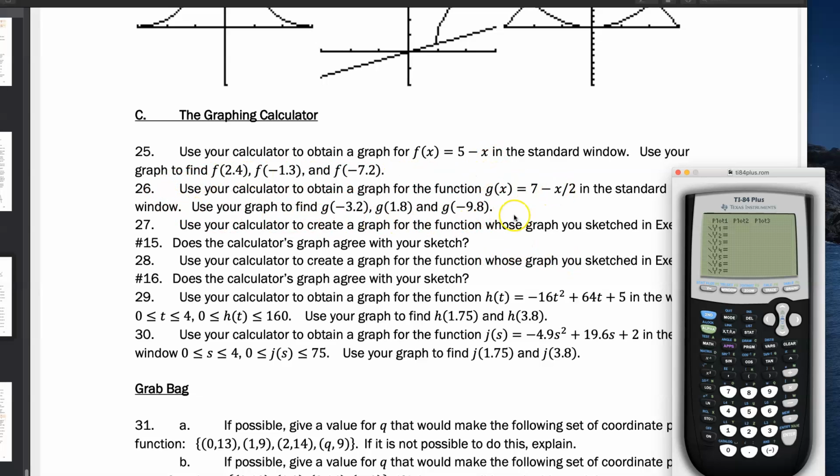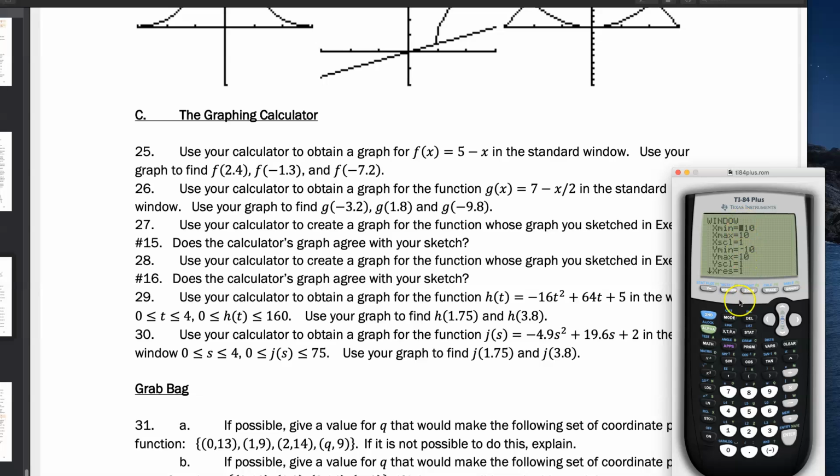Use your calculator to graph the function g of x equals 7 minus x over 2 in the standard window. Okay, so the window is important. It's how we view the graph. And then the input-output relationship is what comes in here for the plot. So y equals, which means g of x equals, the output equals, this rule based on the input. So 7 minus x divided by 2. So this matches. So we know we're good here. We're going to check our